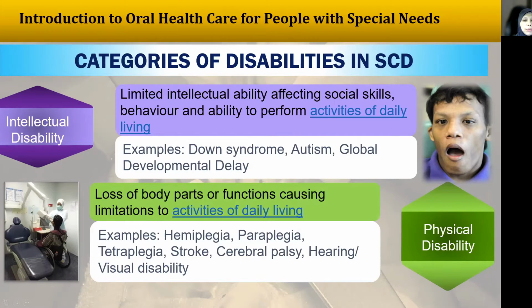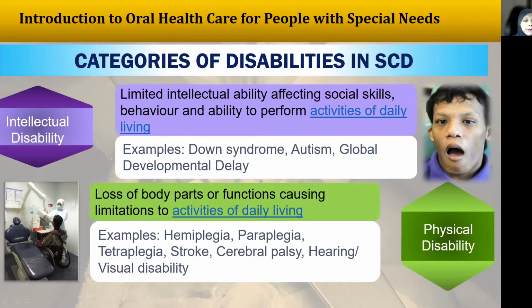The more familiar examples you can see in people with intellectual disability are Down syndrome and autism. I hope you have actually seen these kinds of patients while you are studying. And those with global developmental delay. Of course, there are other examples, but I'm just giving you the most common examples that you may encounter